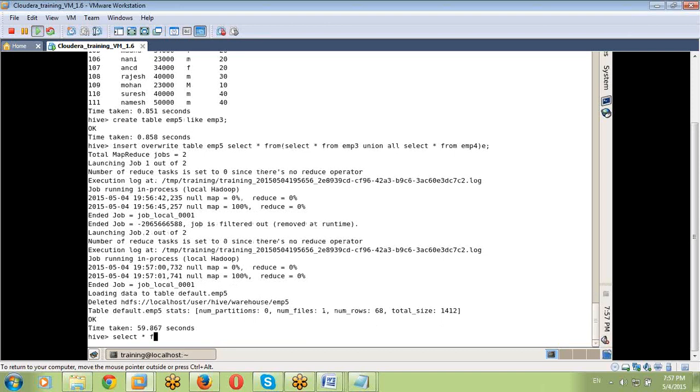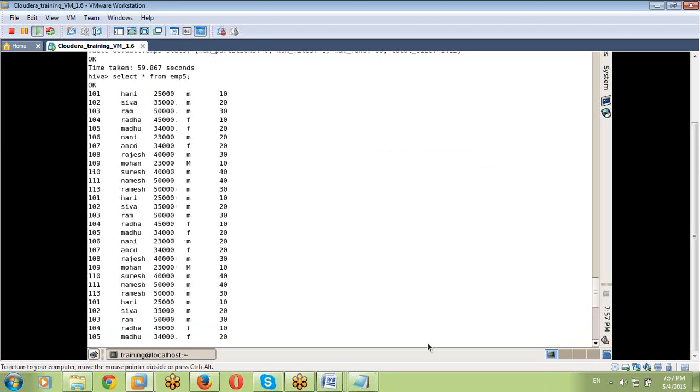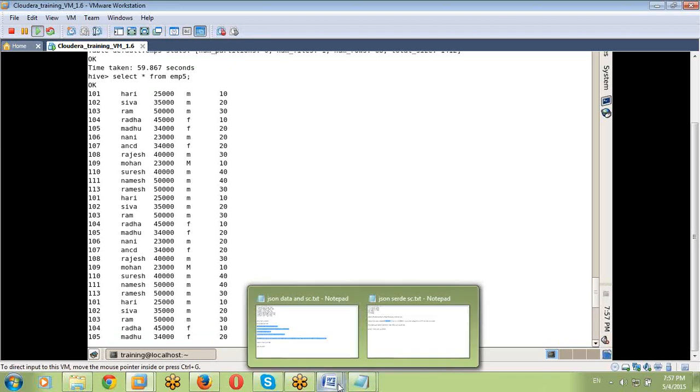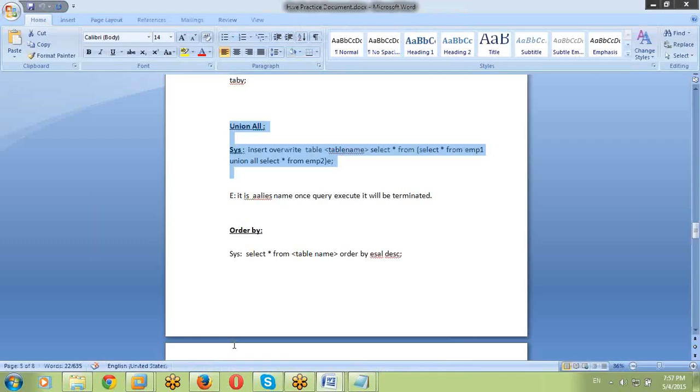Select star from EMP5. This is completely my data. All the data is available in this EMP5 only. We are combining all the data. Generally in real-time requirements, if you want to combine two tables, that time you use union. And similarly some other functions.